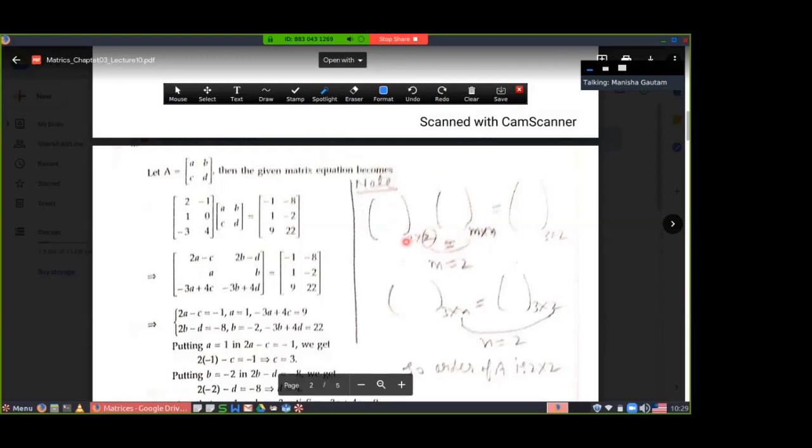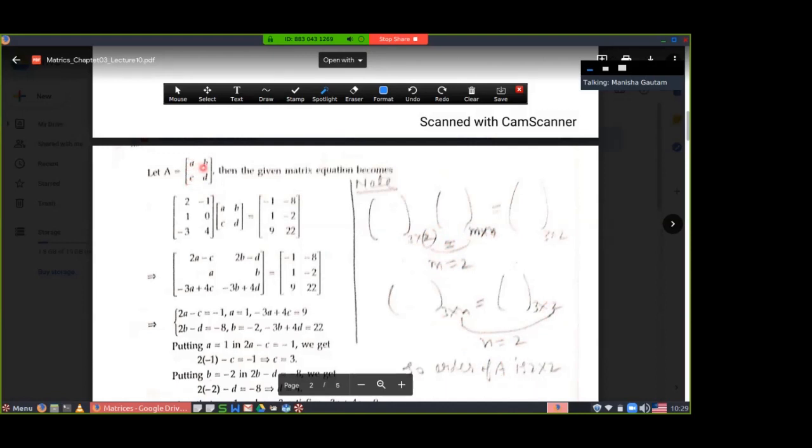When you multiply these two, you will get a new matrix of order row of the first matrix and column of the second matrix, 3 by n. And right hand side answer matrix is given to you, 3 by 2 order matrix. When you compare these two matrices, left and right sides, then you will get the value of n. N is equal to 2. It means you have to suppose a matrix of order 2 by 2.